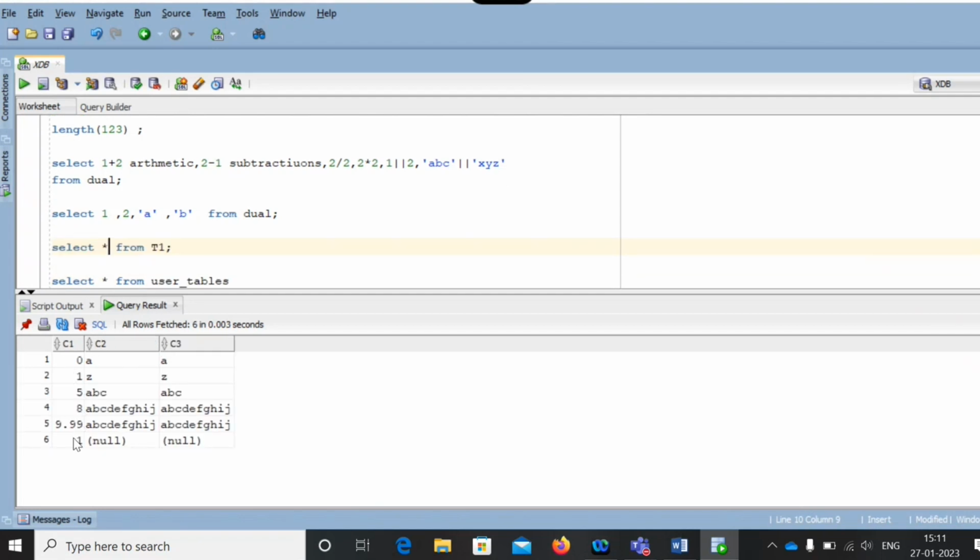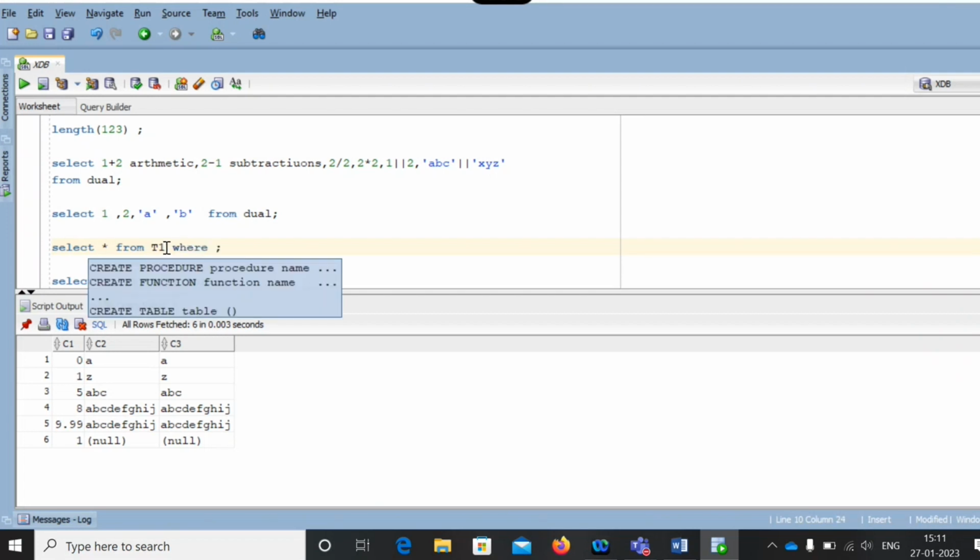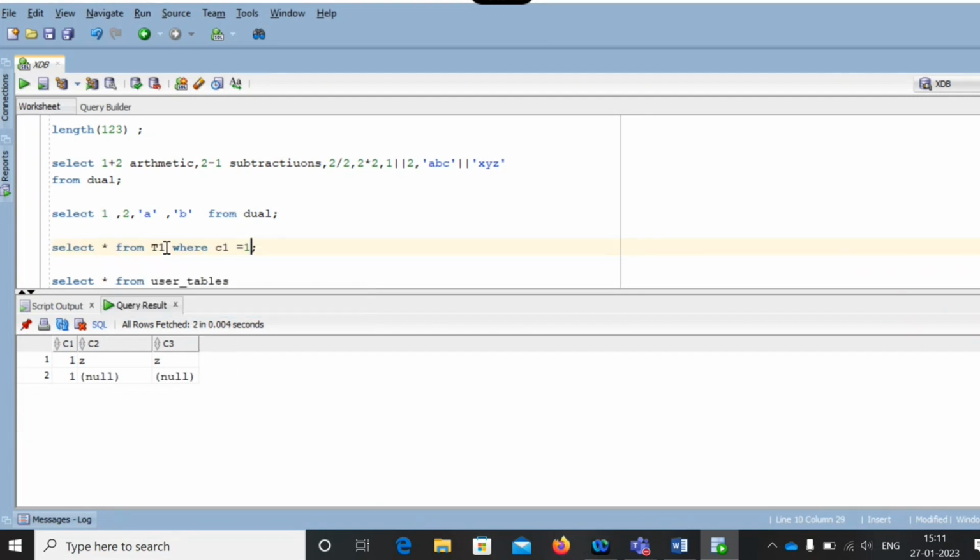We have 0, 1, 5, 8, 9, 9, 1, right? Now I want to retrieve information where C1 equals 1, or 0, or 5. Now I'm mentioning 5 comma 0.